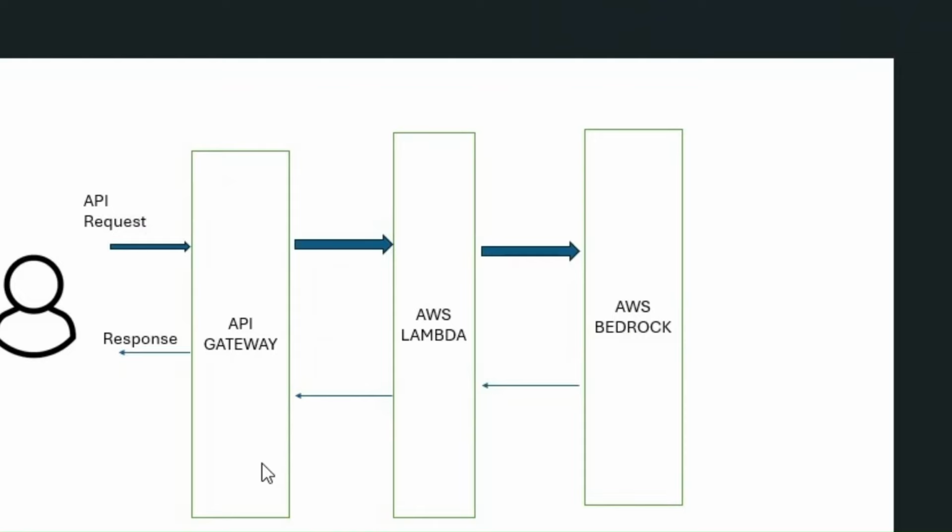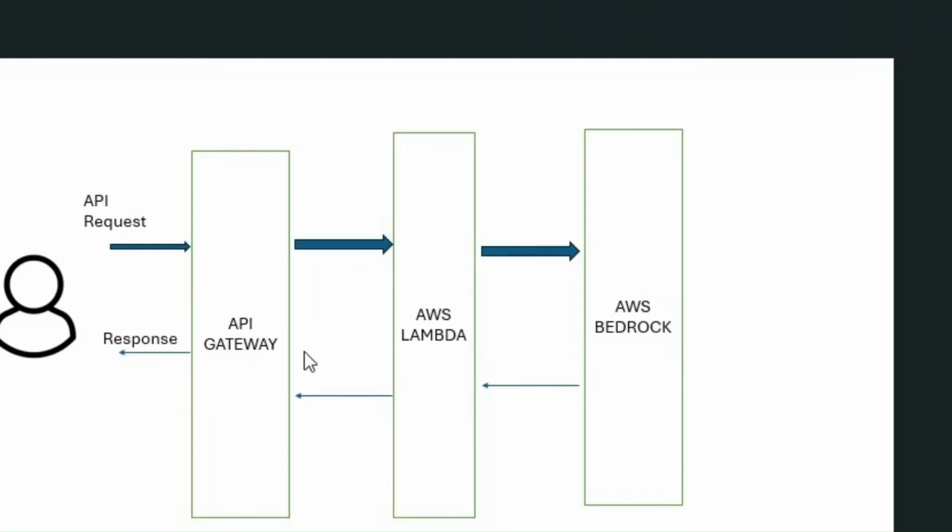The API gateway receives it and hits AWS Lambda, which in turn sends the request to AWS Bedrock. This is where the LLMs reside. The AI/ML models in Bedrock identify the issue based on the prompt and give a response back to Lambda,